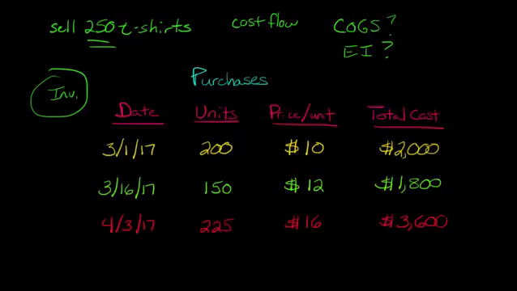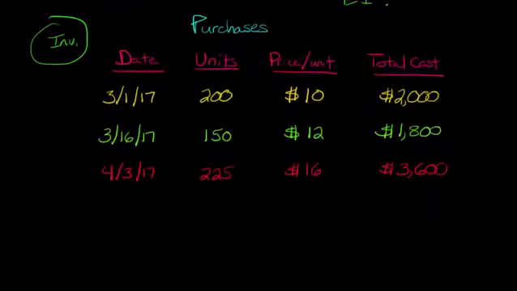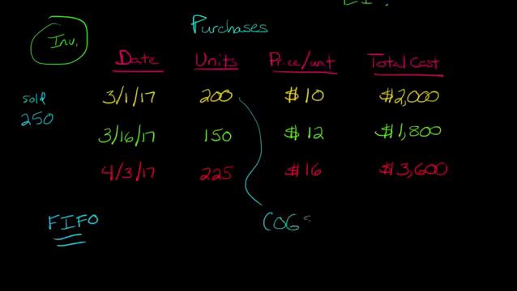So in this case, because we're using FIFO, we're going to say first in, first out. What does that mean? That means that the first units purchased are going to be the first ones that go to cost of goods sold. So we sold 250. What are the first in? Well, March 1st. Those are the first units we purchased. The first in are going to be the first out. So these are going to go to cost of goods sold. So we have 200 units there. But we've still got another 50 we need to account for. So what do